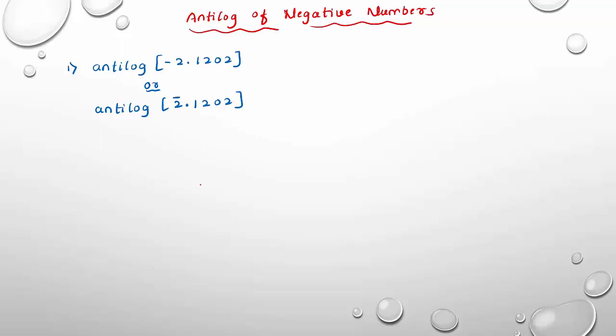Now I am going to tell you how to find anti-log of a negative number. Remember, it is completely different from positive numbers. See here, first I am going to break this number into two parts. What are the two parts here? The first part is the characteristic. The second part is the mantissa. Separately I am going to write it here.